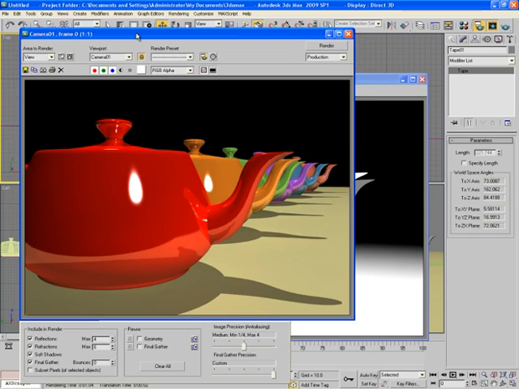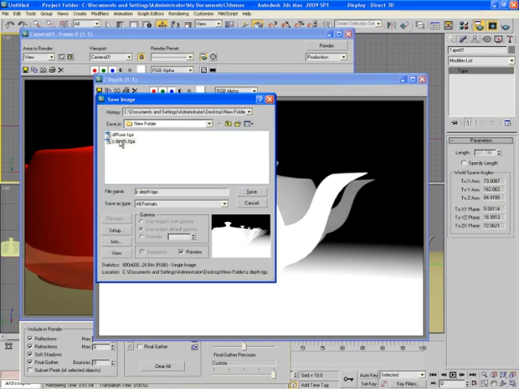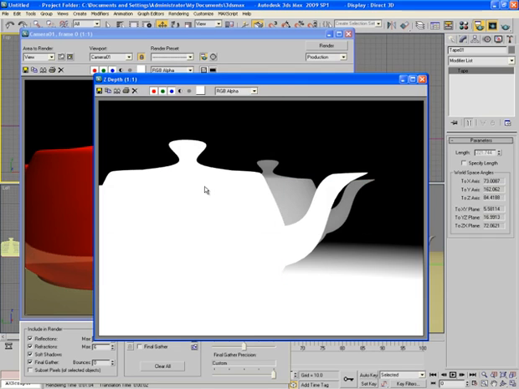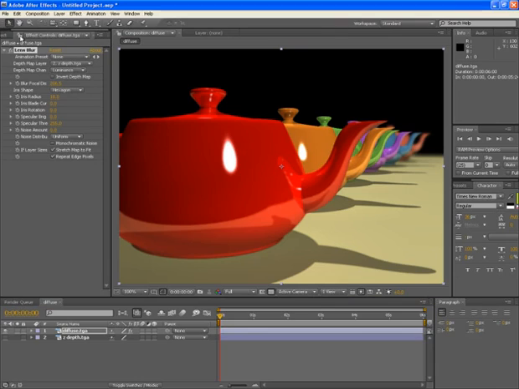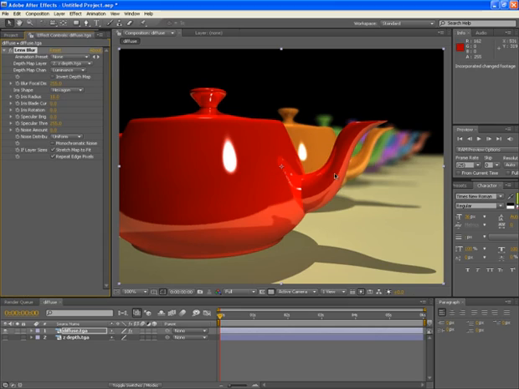Since the diffuse is same, but Z depth has been changed, so I just replace it with the first Z depth file. Now come to After Effects, right click on the Z depth and reload the footage, and see how the scene has changed. Right now the front red teapot is in focus. Decrease the value a bit, and now you can see this yellow teapot is in focus.